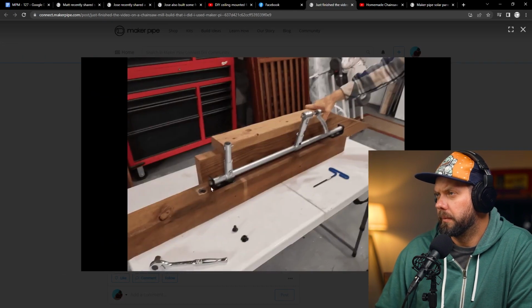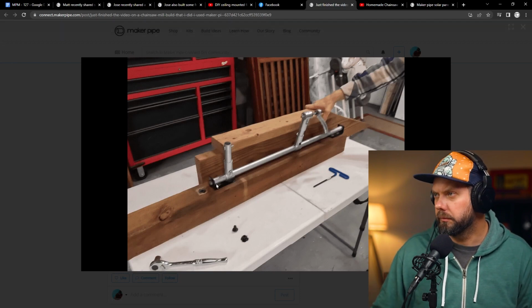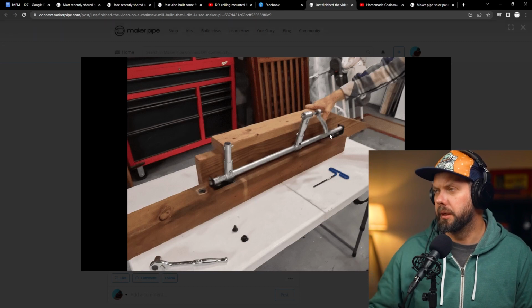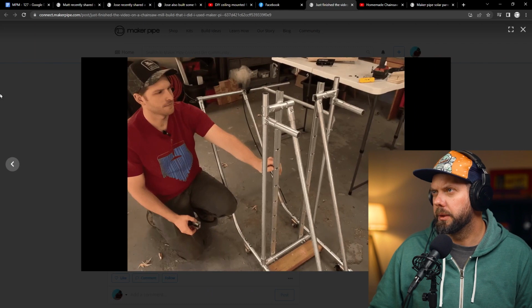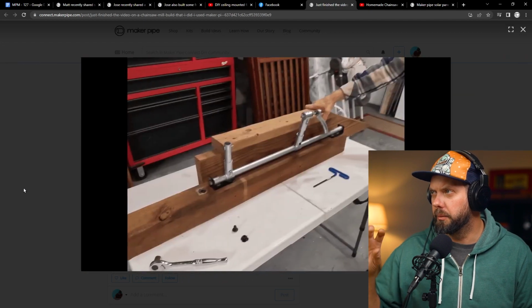Because he's got those brackets. It's just a simple L bracket, and then he's just got a threaded pipe insert in the end of the conduit there, and then he's just got a bolt that goes through that L bracket into the conduit. Seems like a good solution for mounting. Right, and kind of creates this swivel action, and then, let me go back to the other photos, but the hold down, as you can see, the hold down for the log, I think he's got a threaded kind of bolt